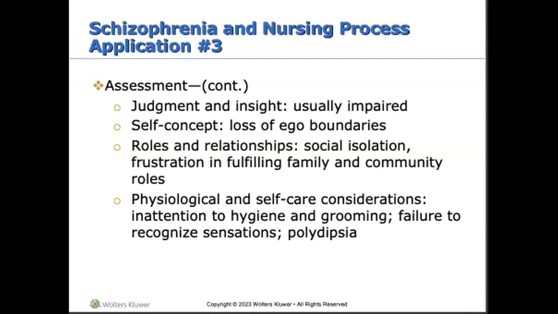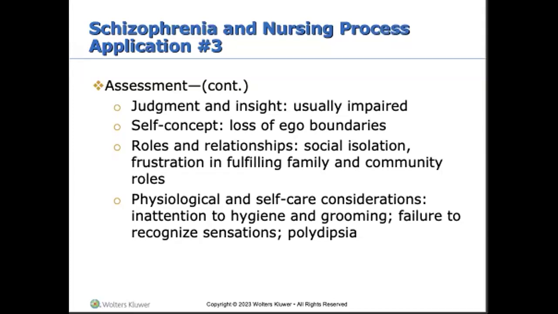Self concept, deterioration of self concept is a major problem with schizophrenia. Clients may believe that they're fused to another object, or they might not have a clear sense of their own body or their own mind. They might have some body image distortion that's occurring. Lots of bizarre behaviors that can lead to public undressing, masturbation in public, speaking about oneself in third person, or physically clinging to objects in the environment.